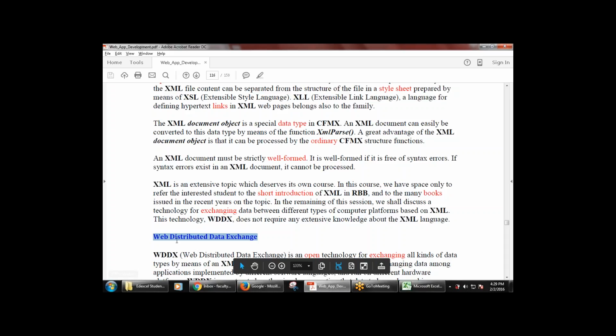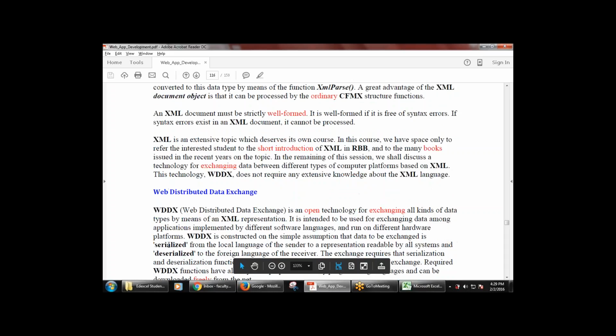What is the Web Distributed Data Exchange? That is the WDDX, the Web Distributed Data Exchange. It is an open technology for exchanging all kinds of data types by means of an XML representation. So whenever we represent the data,